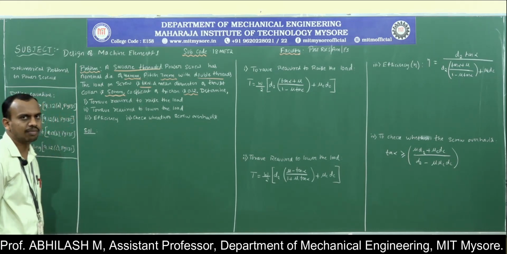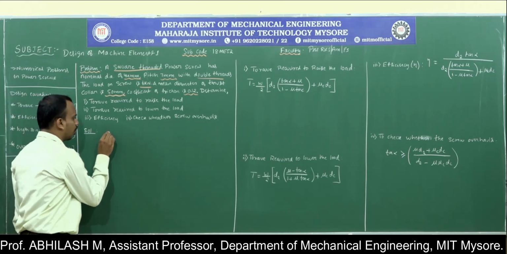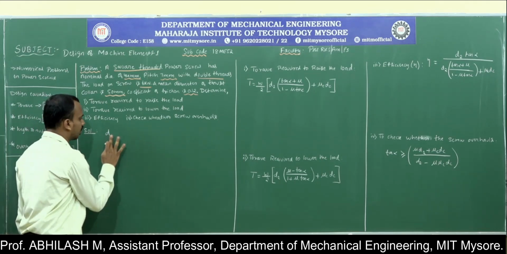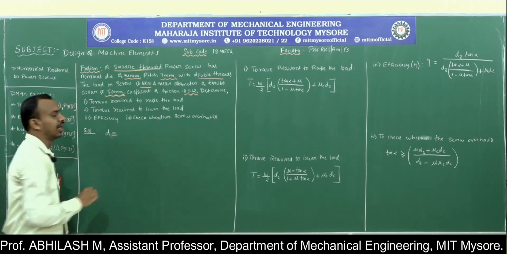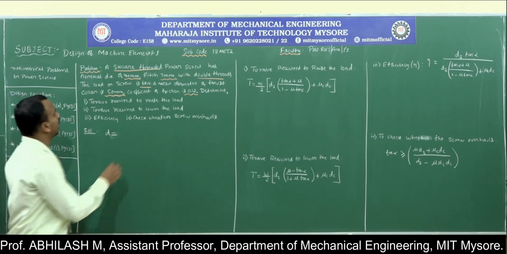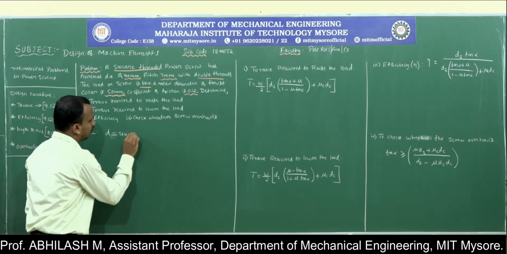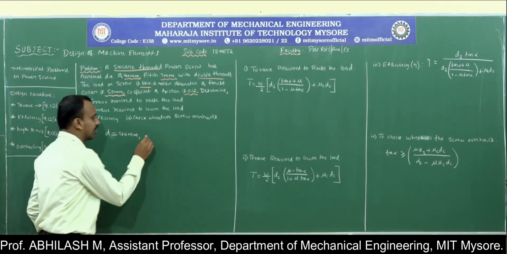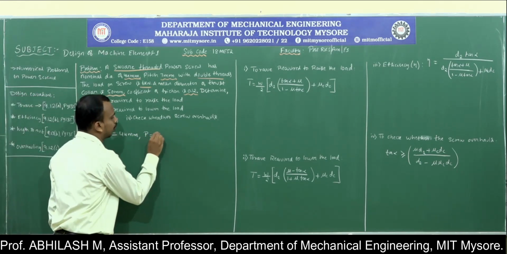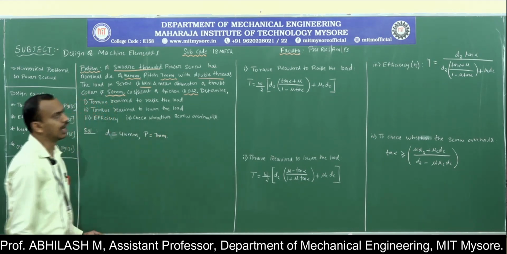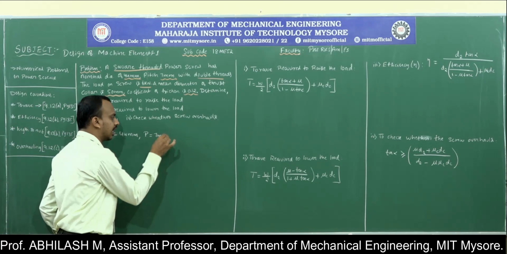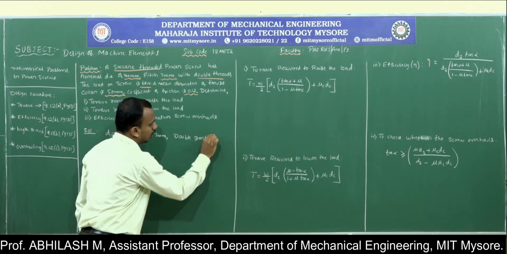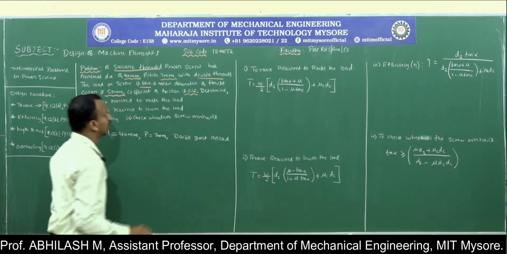For the nominal diameter we know the notation that we are going to make use of is D. Sorry, D2 is for the mean diameter. So the nominal diameter is denoted by the term D. So D is how much? 44 millimeter. The pitch is 7 millimeter. Pitch is denoted by the term P, which is 7 millimeter, and it's a double start thread.